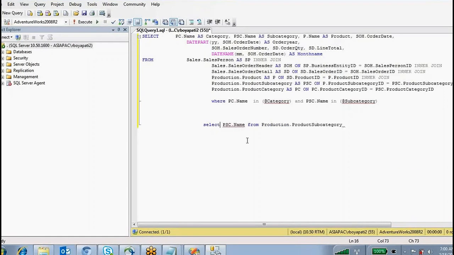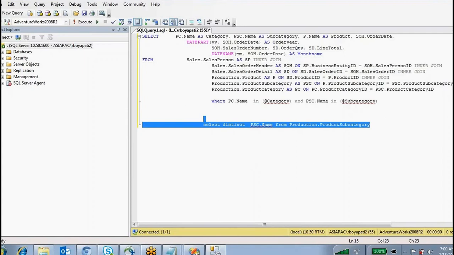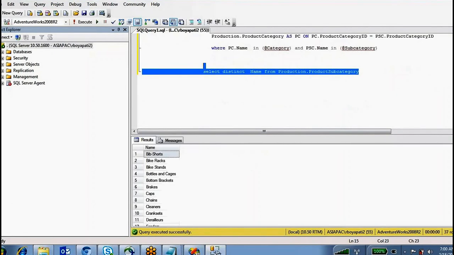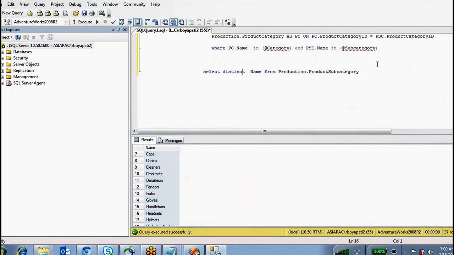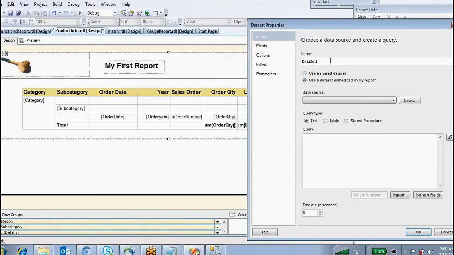So try to put distinct. Okay, we don't want to duplicate values. Right, these are almost 37 subcategories. Okay, so this query I'm going to create here. This is subcategory parameters.